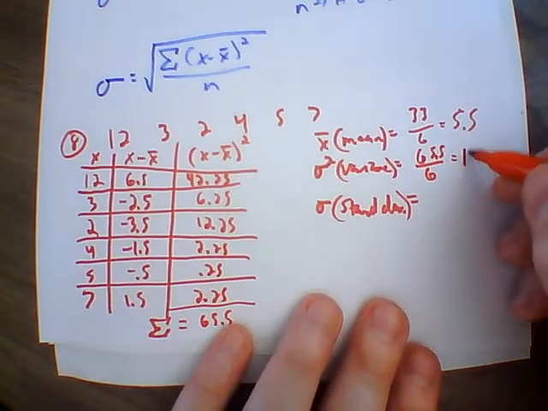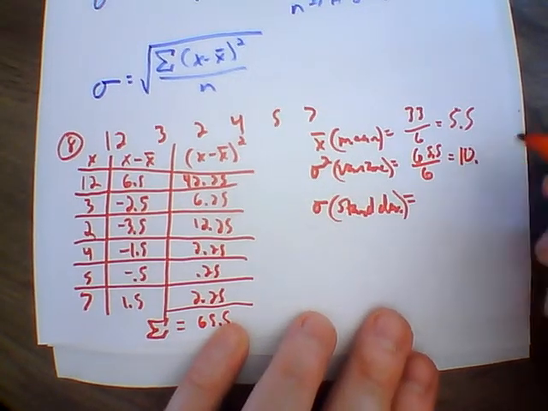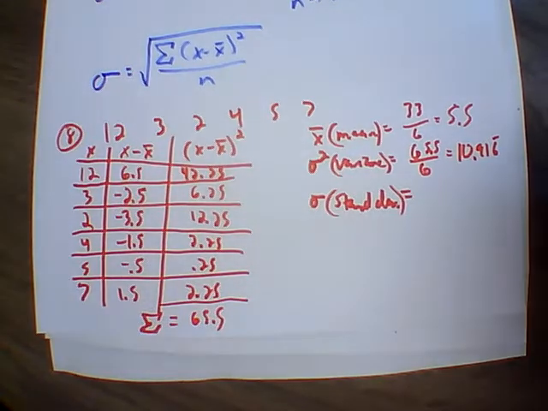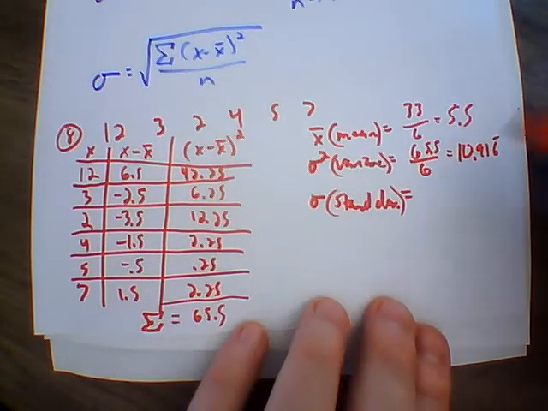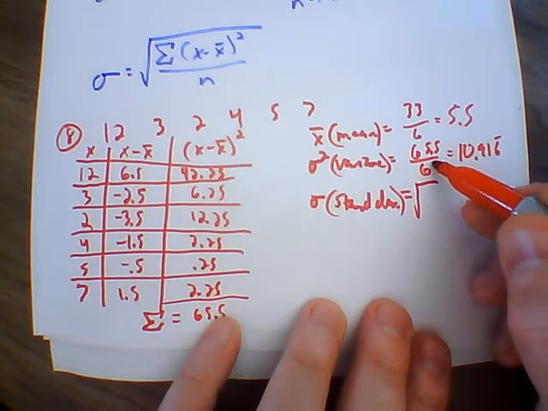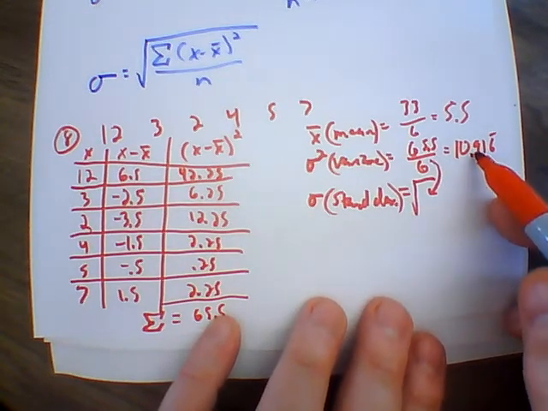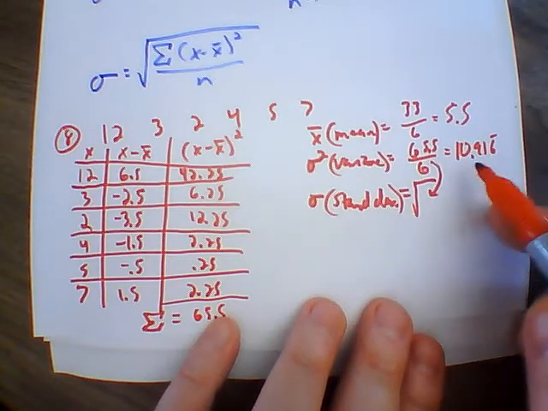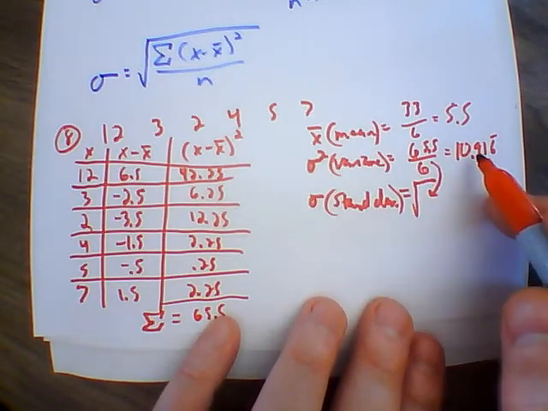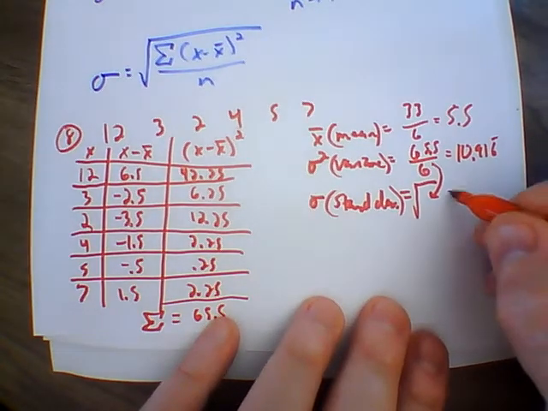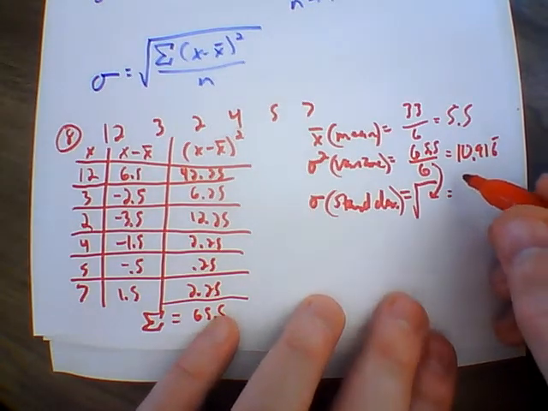Now, to find our variance, we have 65.5 divided by 6. So this is 10.916 repeating. And then our standard deviation is going to be the square root of what this is. So if you have this in, you take just the square root of that whole number. Don't use any rounded numbers. Do this exactly as best as possible. We want to try not to round. In which then we get